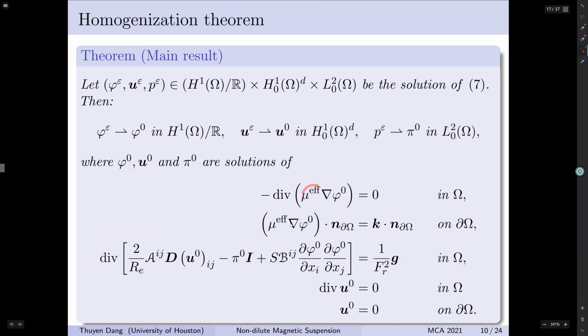So in the coefficients, mu effective, A and B are constant tensors, and